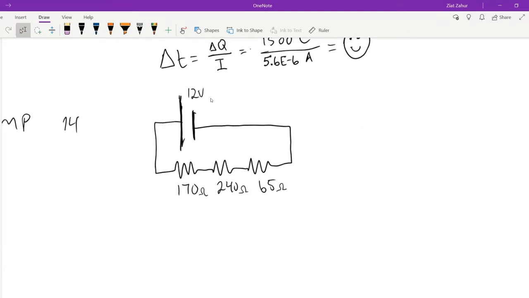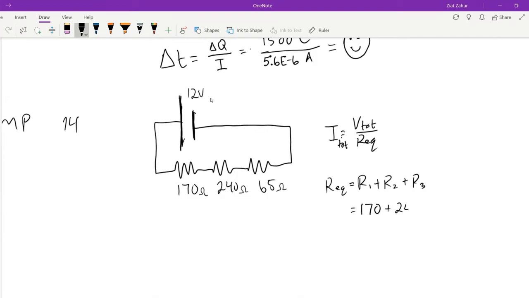And so, of course, to find the current I, we have to do V total. So I total is equal to V total over REQ. And REQ is easy. You just add them up because they're in series. R1 plus R2 plus R3. So it'd be 170 plus 240 plus 65. And once you do that, then you can just divide the voltage, V total, which is 12 volts, divided by